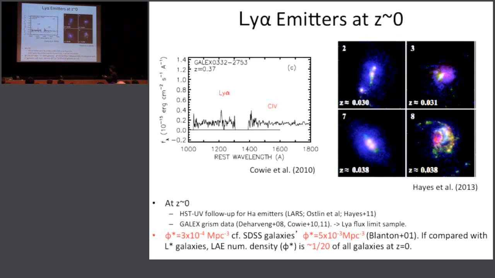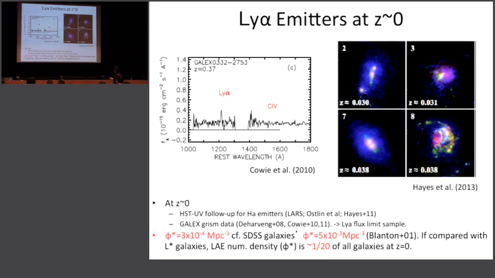And at redshift 0, another effort on low-z Lyman-alpha emitter studies is made with GALEX grism. The great thing about the GALEX grism is you can obtain a flux-limited sample,